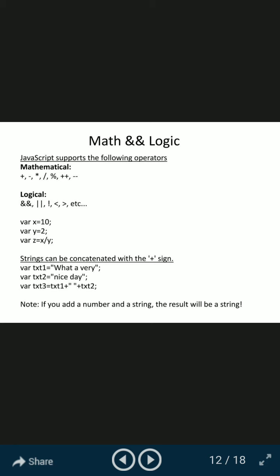Note, if you add a number and a string, then the result will be a string.